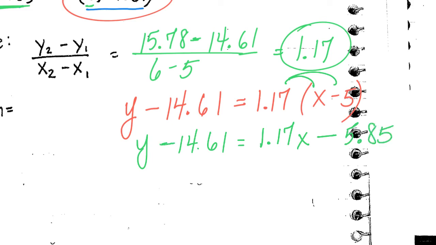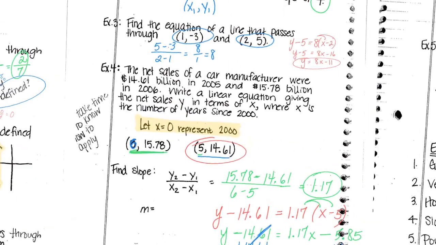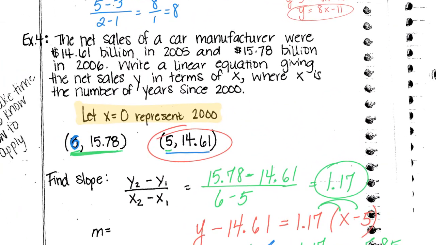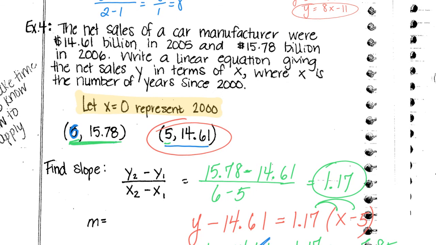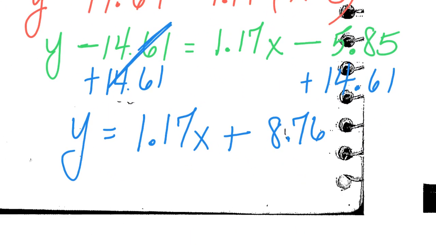And to bring this 14 over, what am I going to do? Add 14.61. Sorry, I'm in my little notebook area. So the answer is y equals 1.17x plus, what'd you guys get there? 8.76. Now, we have a question to answer. It says, write a linear equation giving the net sales y in terms of x. Did we do that? Yes or no? Yes. Yes, the linear equation is this. We are going to put that in our